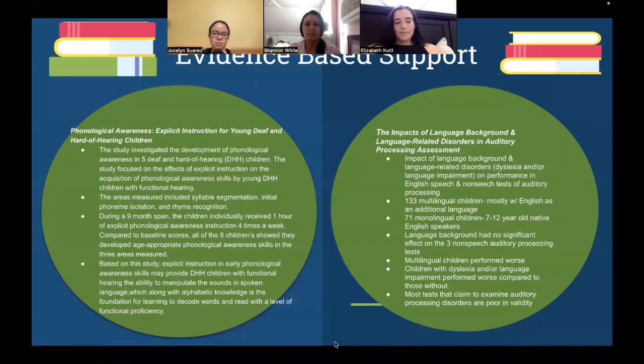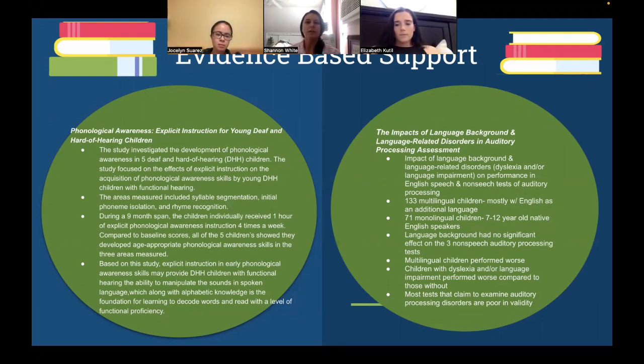Okay, so evidence-based support. I'm going to focus on the article on the left side, which is titled Phonological Awareness, Explicit Instruction for Young, Deaf, and Hard of Hearing Children. I decided to focus on phonological awareness with deaf and hard of hearing children, since the TAPS-4 does focus on phonological awareness, and since many deaf and hard of hearing children with functional hearing are not developing age-appropriate phonological